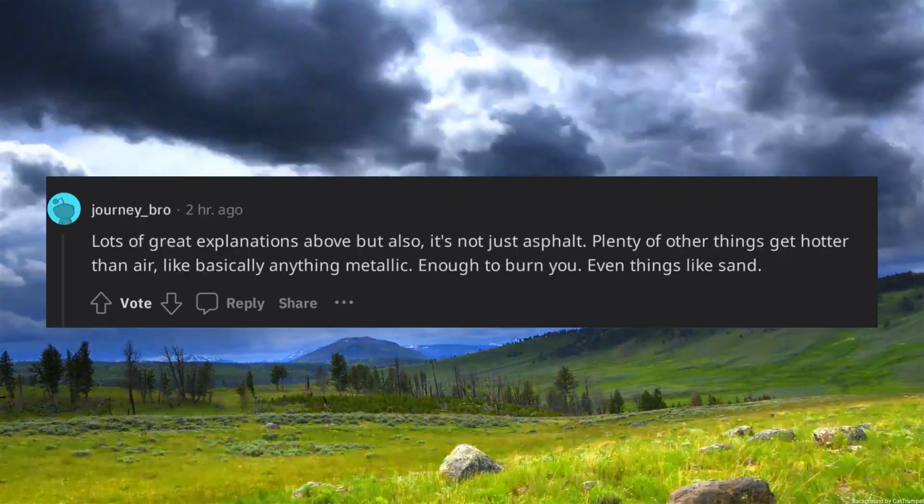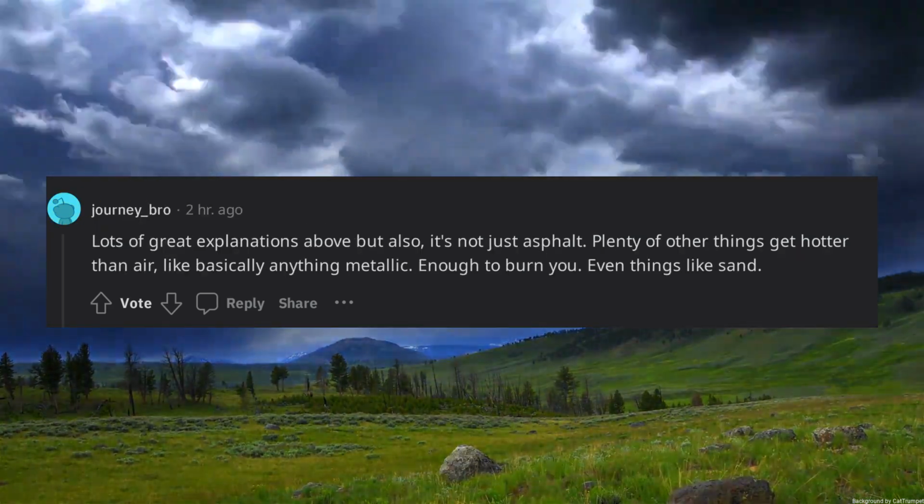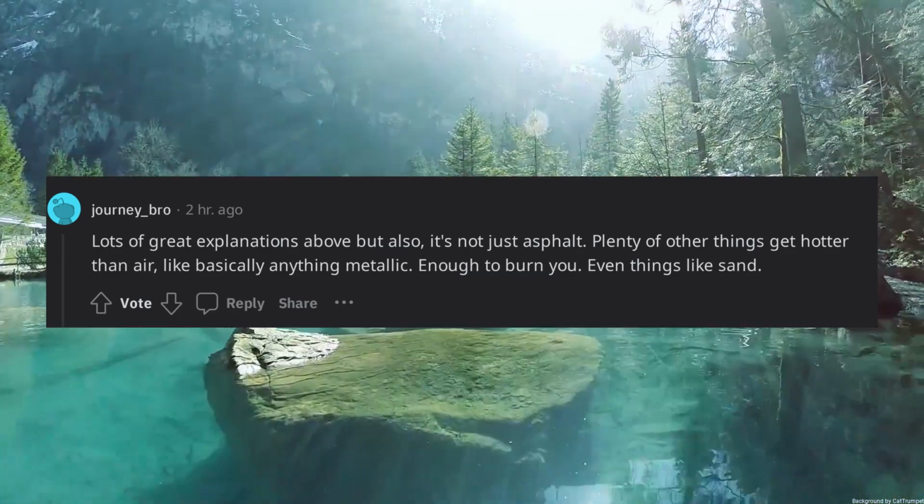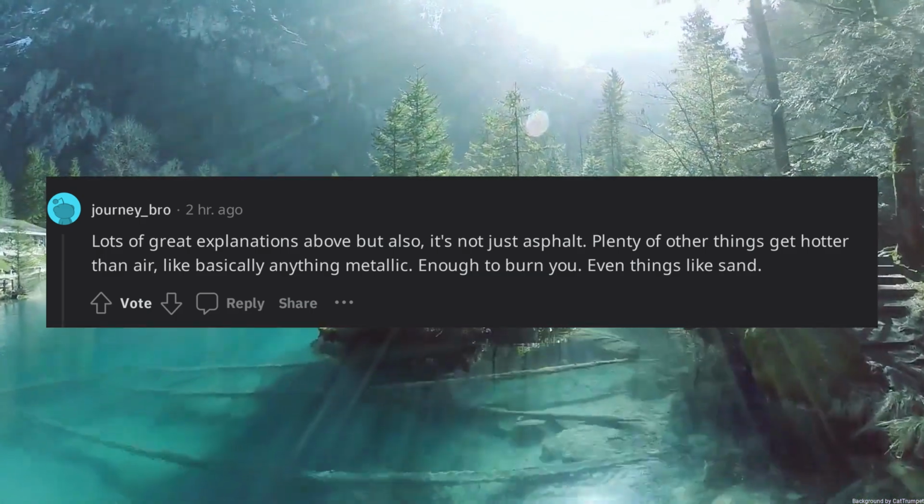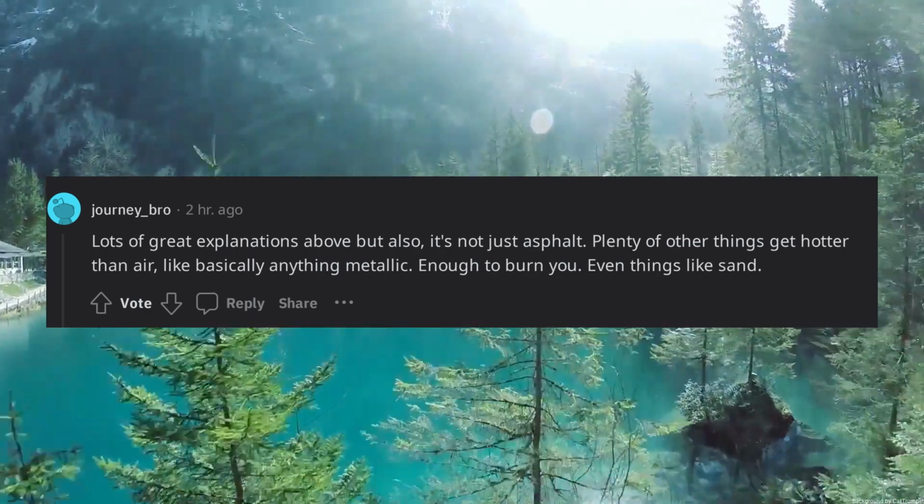Lots of great explanations above, but also, it's not just asphalt. Plenty of other things get hotter than air, like basically anything metallic. Enough to burn you. Even things like sand,